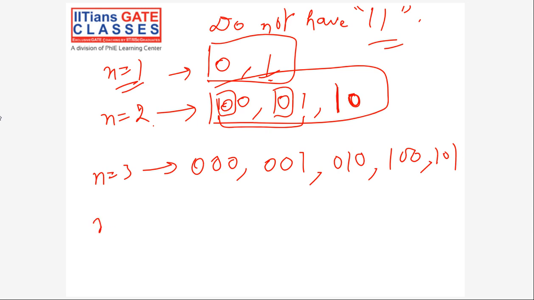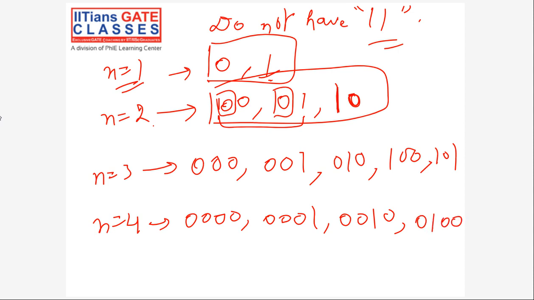Let's write for n equal to 4. For n equal to 4, what we have is 0000, then 0001, then 0010, and then 0100, and 0101 added.